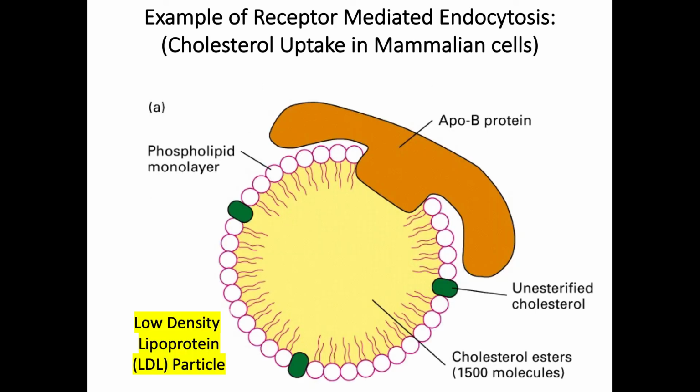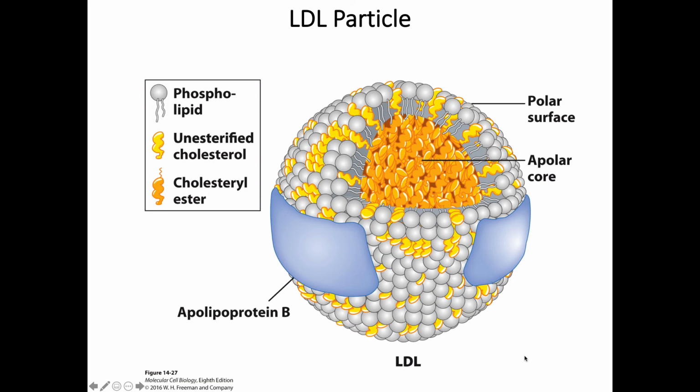So here, look at this very carefully. This is a biochemistry prereq trick question. It's not an easy question, and I'm not going to ask directly unless I just talk about this in class like this. So here you have cholesterol esters. What are esters? You have a clue right here. You can see that this is unesterified cholesterol like this, but here you have a cholesterol ester with a tail. So what is a cholesterol ester? It is added with a fatty acid. That's a cholesterol ester. So it's going to bring the fatty acid and cholesterol both for membrane building into the